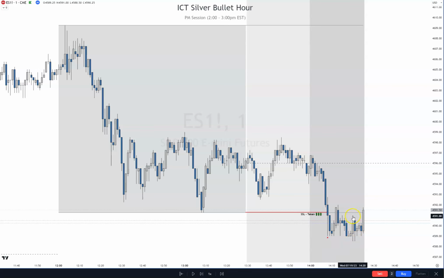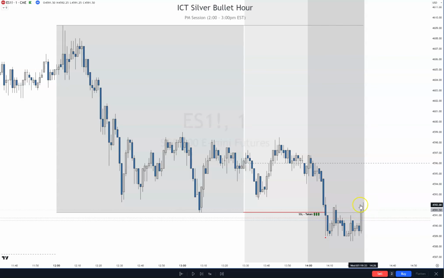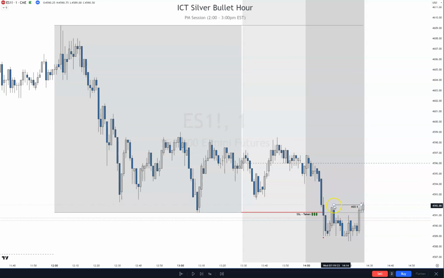See, so let's say you use this one instead, this swing high right here, as your market structure shift. Okay? Well, there's no fair value gap here, right? So it doesn't really matter. And that candle right there broke that anyway, so you have a market structure shift right there anyway. So still doesn't really matter. It's a moot point whether you want to use this one or this one. It doesn't really matter. You trade your way however it makes you feel comfortable, and that's all you need to